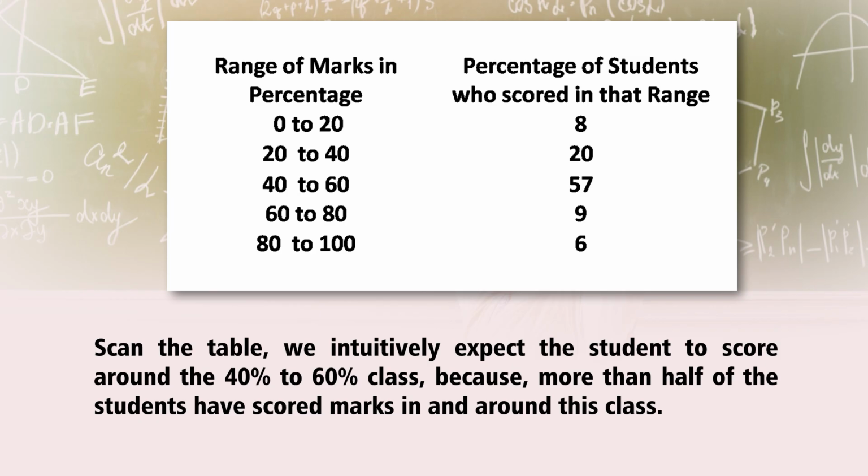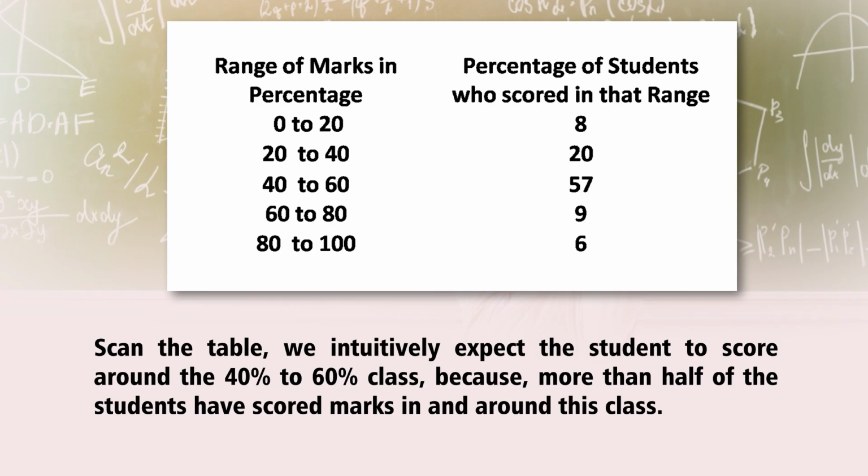So, 0 to 20% of marks were obtained by 8% students, 20 to 40% marks were obtained by 20% students, 40 to 60% marks were obtained by 57% students, 60 to 80% marks were obtained by 9% students, and 80 to 100 marks were obtained by 6% students, right. Now, our objective, okay, so these values look fine, but the question is, let's scan the table and what you expect,